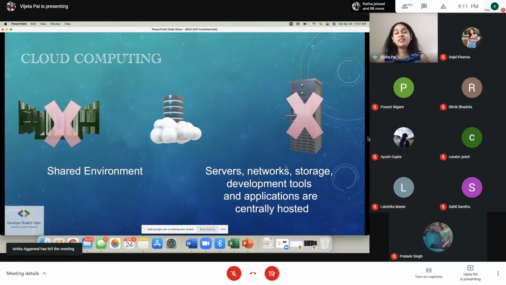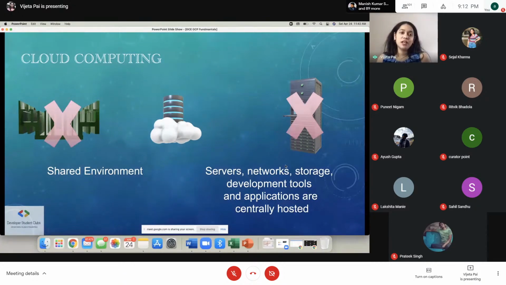Probably all of you are still working on the cloud. Why do I say that? You might be using Google Drive, OneDrive, or any other service. Google has Google Workspace, or even Google Drive for that matter, where you just go and save your files, right? You don't have to worry about saving those files on your computer or your laptop, and you can save them on the drive.